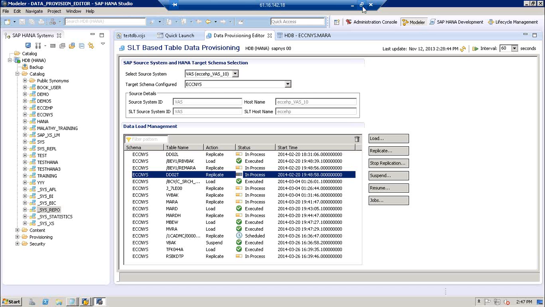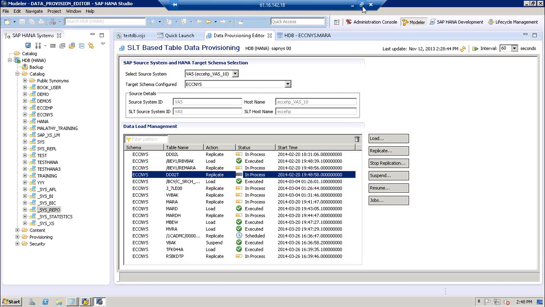I'll park this question for the data provisioning session. But just to brief you, when we talk about SLT, we need to set up a separate SLT server. If you are talking about BODS, you need to set up a separate BODS server. If you are talking about DXC, you need to set up that as well. Flat file is inbuilt in HANA Studio, so you can load the flat file directly. But for the ETL tool from SAP, which is BODS, you need a separate server.